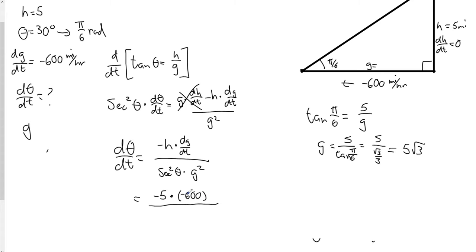I know that secant is 1 over cosine squared of pi over 6, and I know that g equals 5 square root of 3 squared. The cosine of pi over 6, again, if you don't know your unit circle, you need to know that. The cosine of pi over 6 is square root of 3 over 2. And when you square that, you will get,